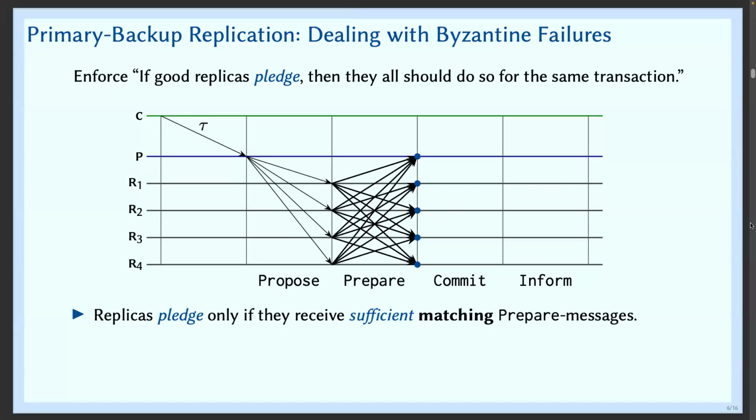The command. The transaction or the command that it received. Okay, so what's the purpose of it? What's the use of that? So you're a replica, I'm the primary, I send you a transaction, and you have to tell everybody else. Why? What will you accomplish by doing that? Be precise, be exact. What would you accomplish by telling everybody?